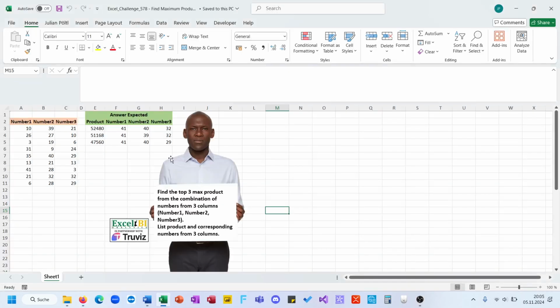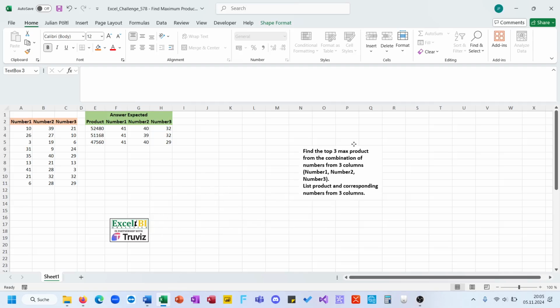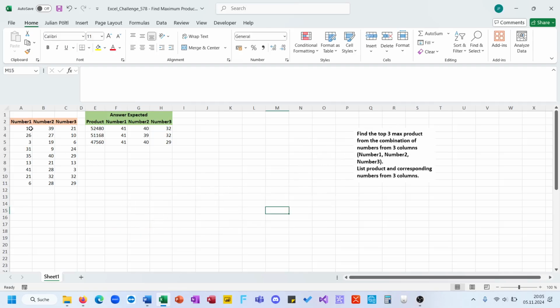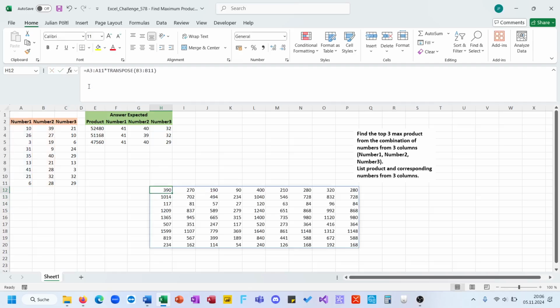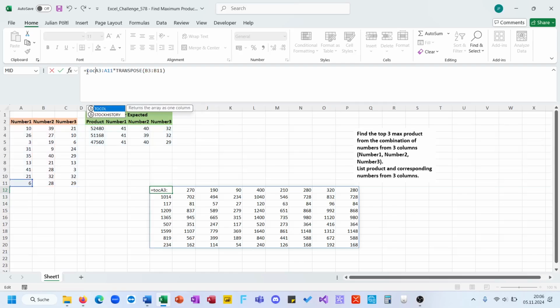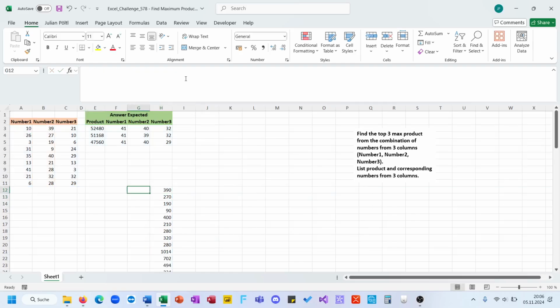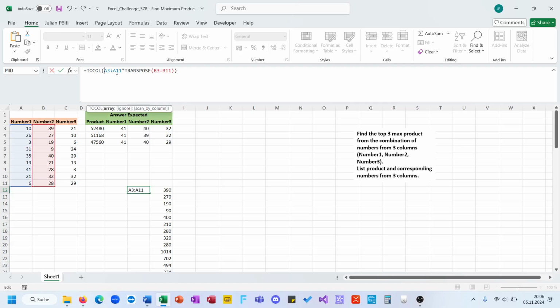We should find the three maximum kind of things from those combinations of this column and this column. So what will I do here? I will multiply this with the transpose of this here. Then make this a column, make in another column, not the transposition but rather